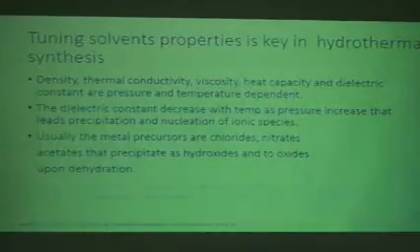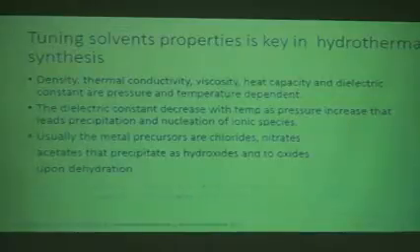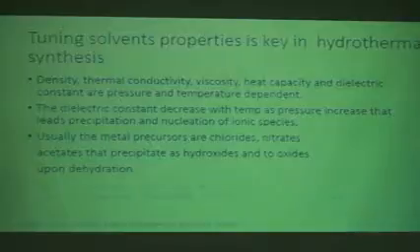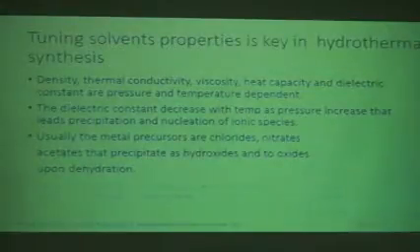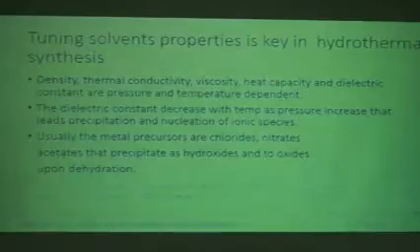Usually the metal precursors people use in the hydrothermal process are chlorides, nitrates, acetates, which precipitate out as hydroxide, and by dehydroxylation, by removal of the water, they get the metal oxide or metal particles. You can see this particular graph, which I don't know why it's not visible, but if you can see, there's a